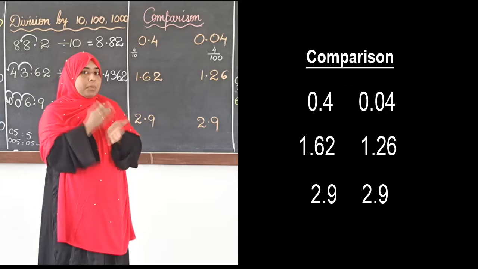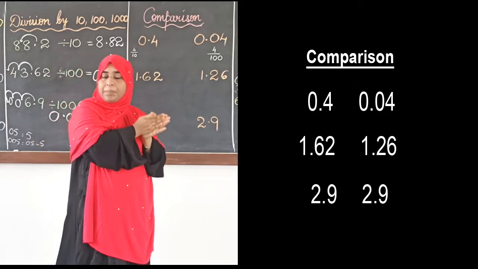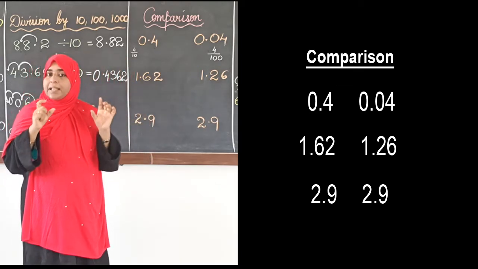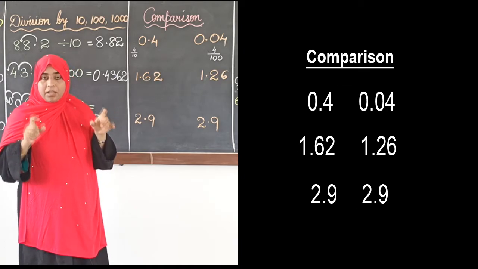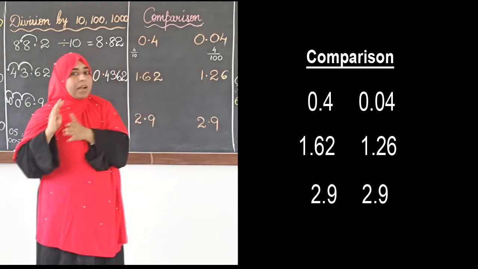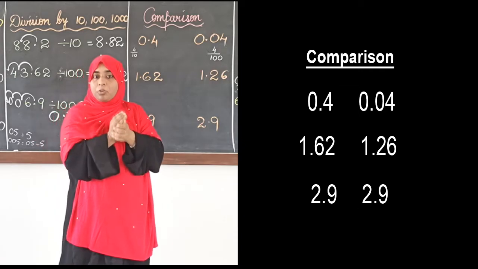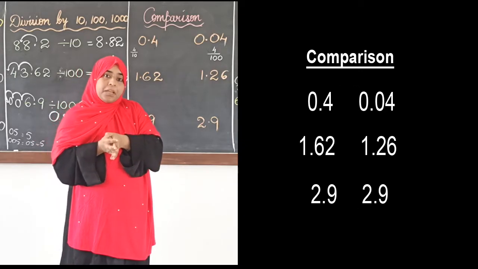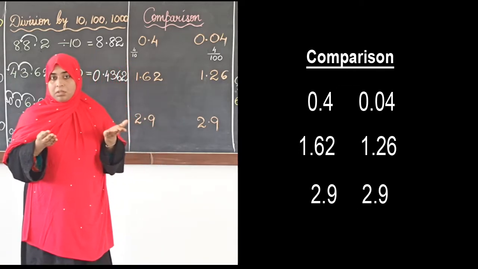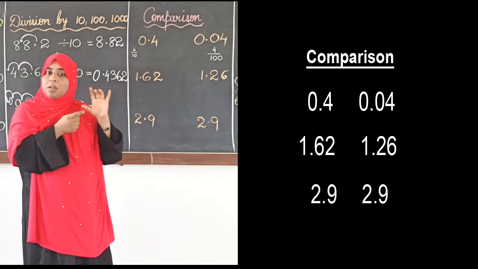So imagine the same apple cut into 100 pieces. Compare the pieces: if you cut an apple into 10 pieces and the same apple into 100 pieces, you can imagine the size of each piece. In 10 parts you are taking 4, and where you have made 100 parts, there also you are taking 4. If you compare the 4 out of 100 with the quantity of 4 out of 10, which one will be more? Definitely the 4 out of 10, right, because the pieces are big in size.